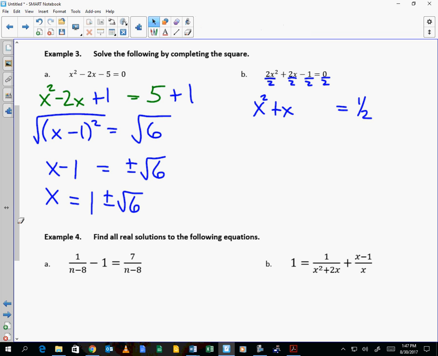What do I add to complete the square? Somebody save me. It would be 1/4. 1 divided by 2 is a half. A half squared, or a half times a half, is a fourth. So this factors to x